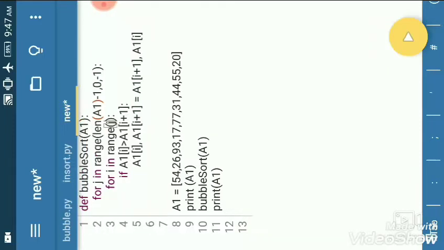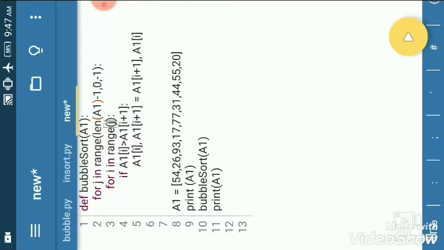So for j in range(len(a1)-1, 0, -1), it means the loop is running length minus 1 times, starting at length minus 1 and ending at 0, with a decrement of 1 in the first loop.